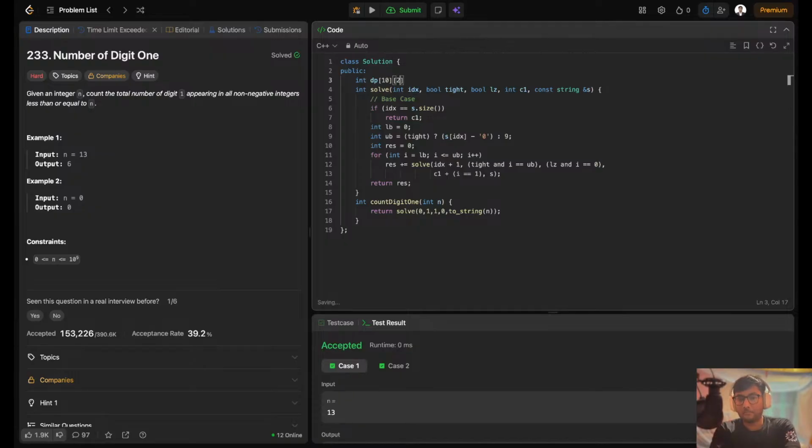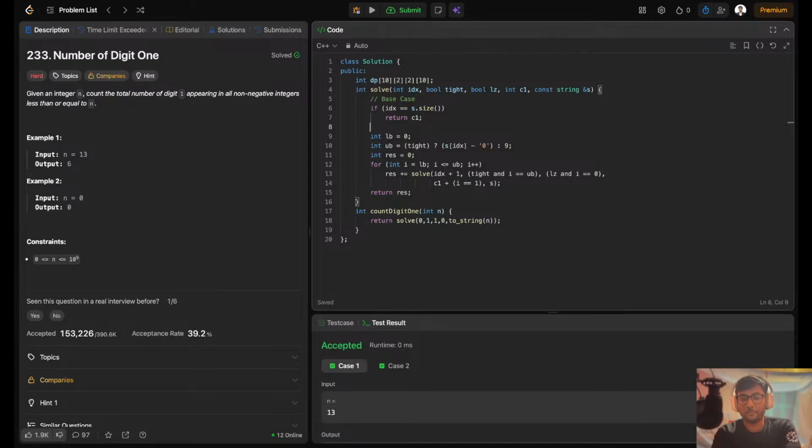Value of type can be 0 or 1, so 2 is enough. Same goes for LZ, 0 or 1. C1, count of 1. Imagine all the 10 digits are 1. So maximum 10. And that is enough. Now before going on, we just check that if dp of this idx